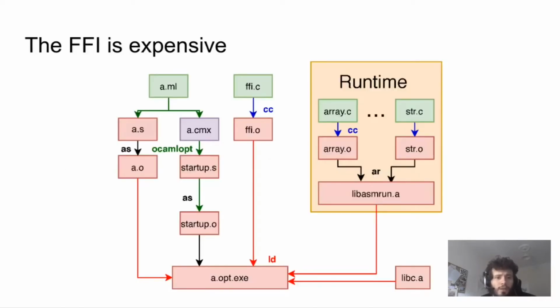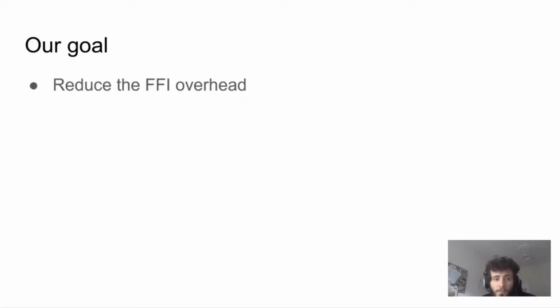However, the FFI does not come for free. Besides the implicit trampolines and heap root management code required to invoke C from OCaml, we pay the cost of missed optimization opportunities. In a typical build, OCaml and C meet in assembly form in the linker. Unfortunately, high-level transformations of machine code are far from trivial. We need a common form more suitable for analysis. Ideally, a representation that has not yet gone through register allocation nor instruction selection.